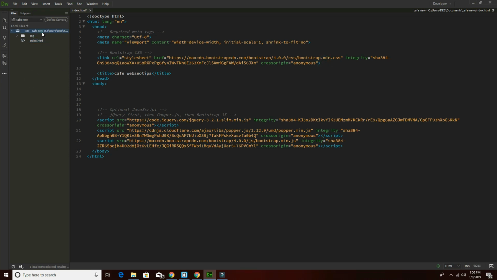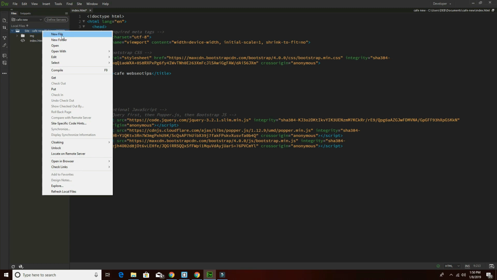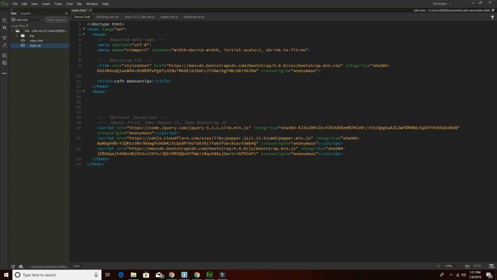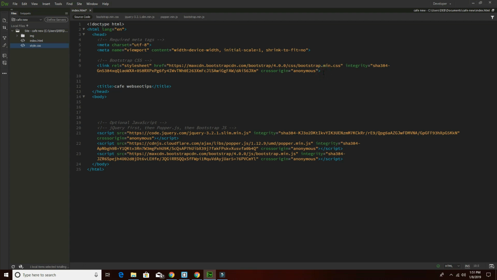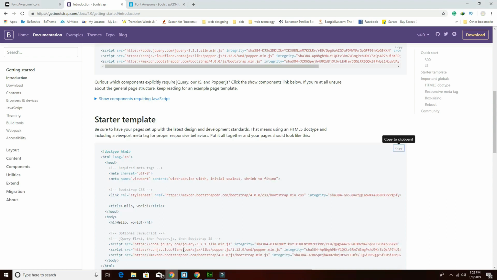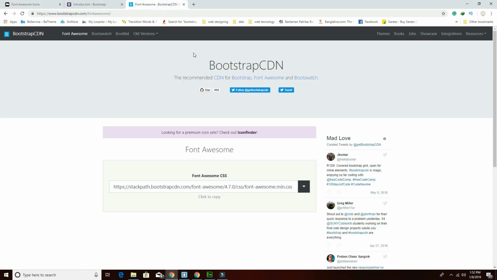Okay, now I have to add some CSS. For that, first of all I have to add another new file, name it as style.css. So now link up that style.css, and I need another file also to link up another CSS file. So for that you have to come to the browser and just type Font Awesome CDN. Okay, just copy the link,